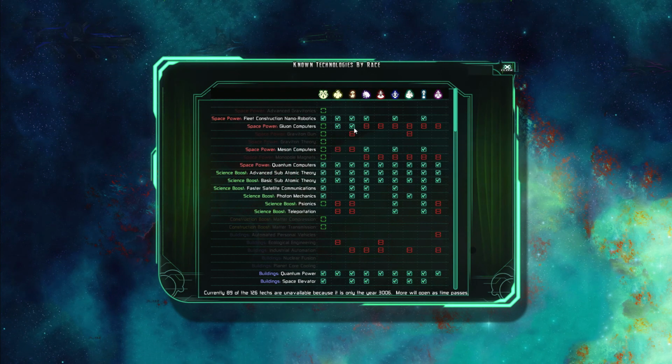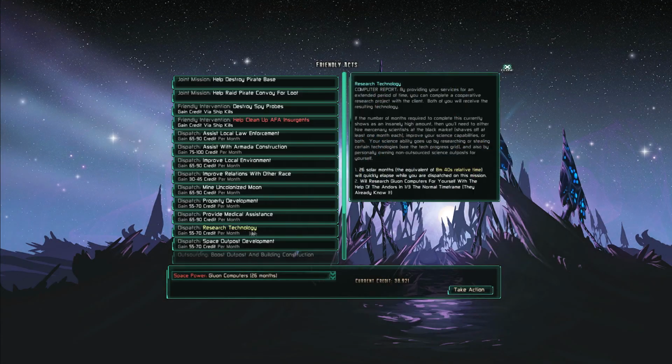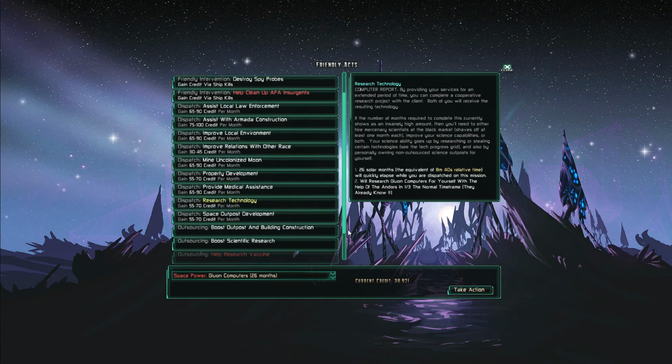Glue on computers, right? Endors have researched that. So we go to Endors, research technology, glue on computers. Yes, they already have it, but they're going to make me spend 26 months to research it on my own with a little help from them. But at the same time, if I ask them to give this tech to someone else and use my influence to do that,